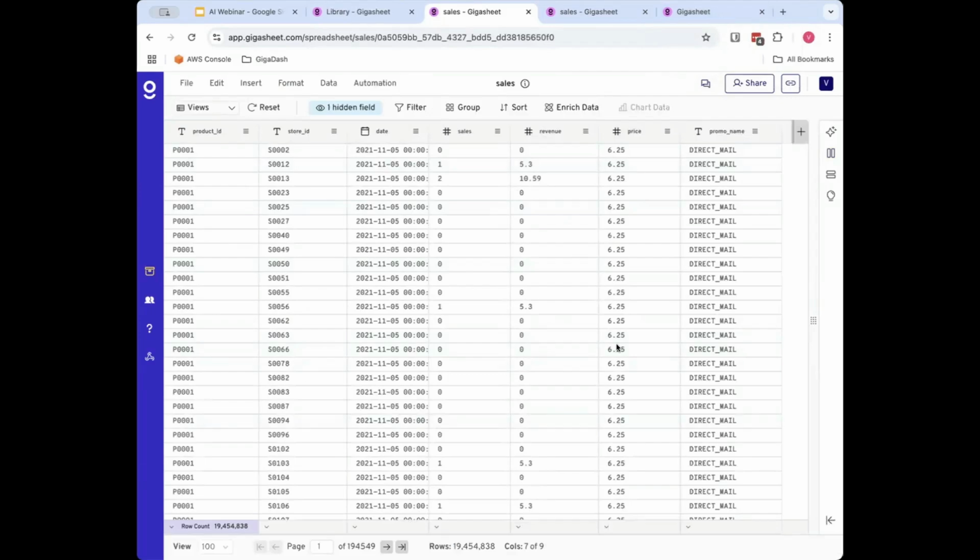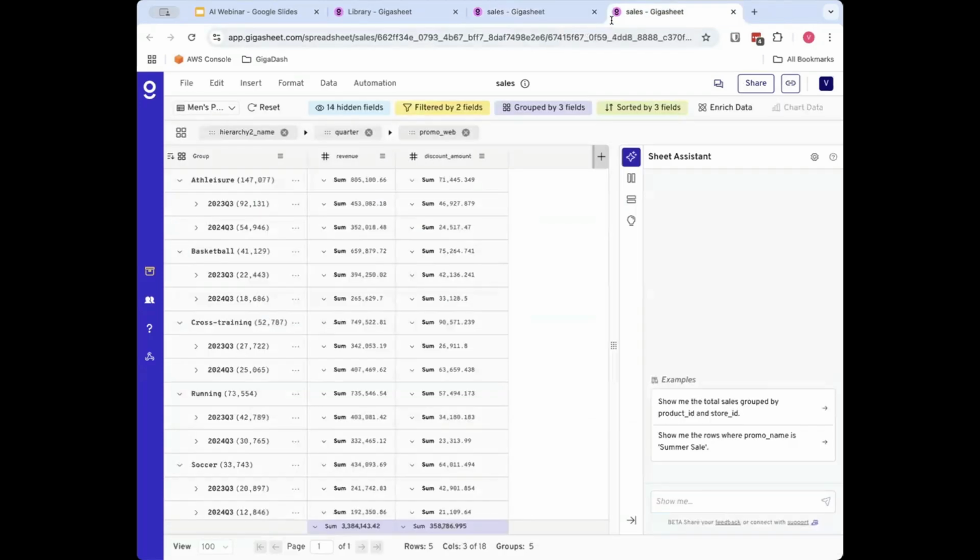So first, I'm just going to point out that if I look at this, this is the initial sales file. You can see that it's got product, store, date, it's got some promotions, but this is pretty far from being able to answer the question we want to answer. So what I'm going to claim is that with the help of AI as an accelerant to the data analyst, I could go from this data set to this curated view, where we have the exact answer we want, which is